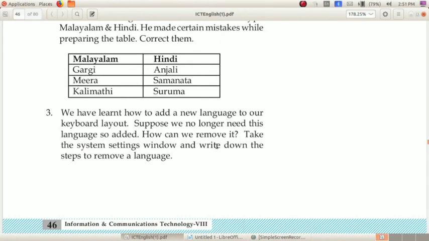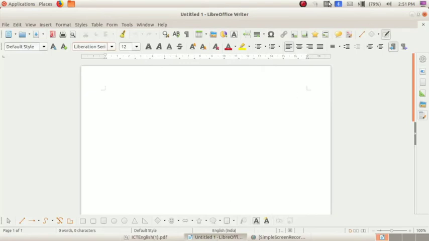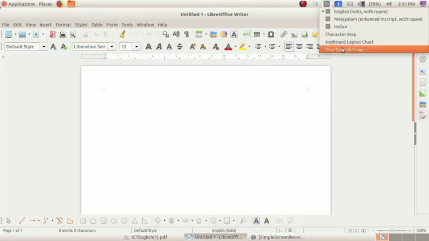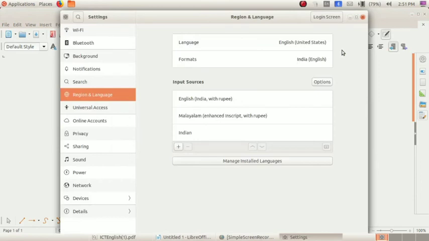And third one, we have learned how to add a new language to our keyboard layout. Suppose we no longer need this language, how can we remove it? Take the system settings window and write down the steps to remove a language. For removing, go to keyboard indicator, text entry settings. Now I want to remove this Indian.